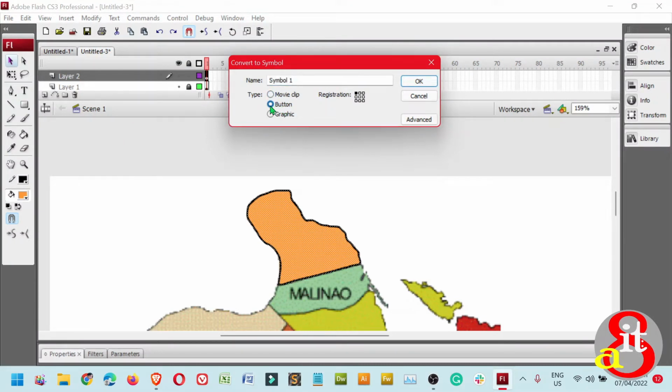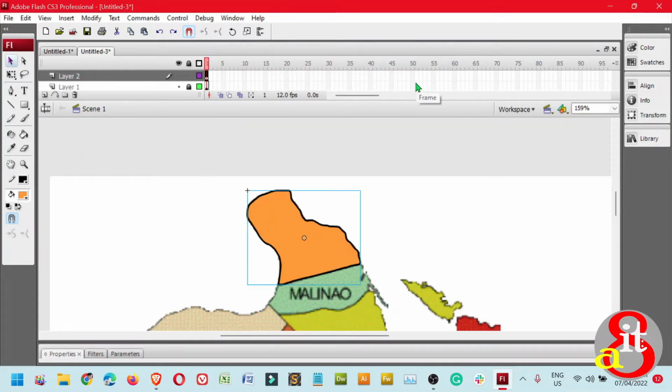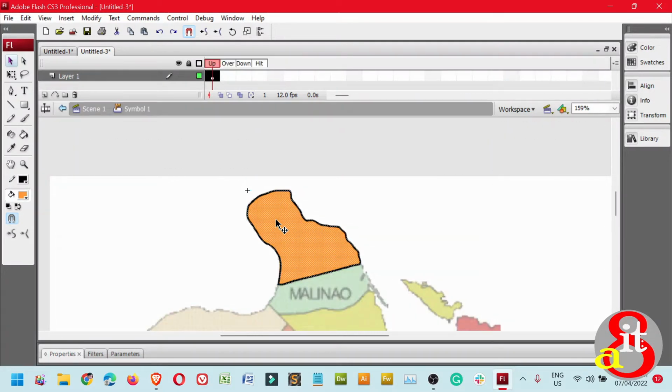Okay, so to add a mouse over effect, it should be a symbol with the button type, and then click the OK. As you notice, the appearance of the map changed to one group object. So the next thing we need to do is to double click this map, the object converted to a symbol. Double clicking the map will enter the symbol, and then it changes the